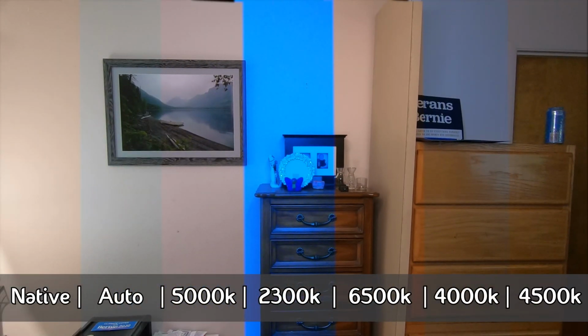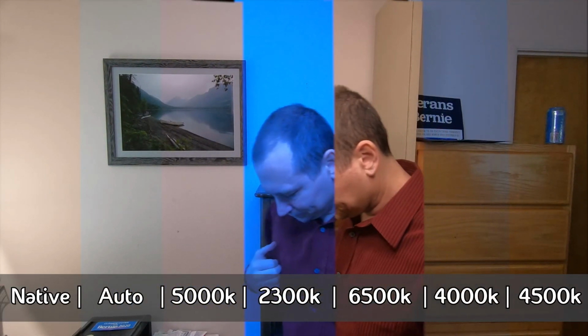And here is each of those settings stitched together in one composite so you can contrast them easily in one place. And even more importantly, under one lighting condition. Be sure to test these out in the lighting conditions you tend to shoot in so you can figure out